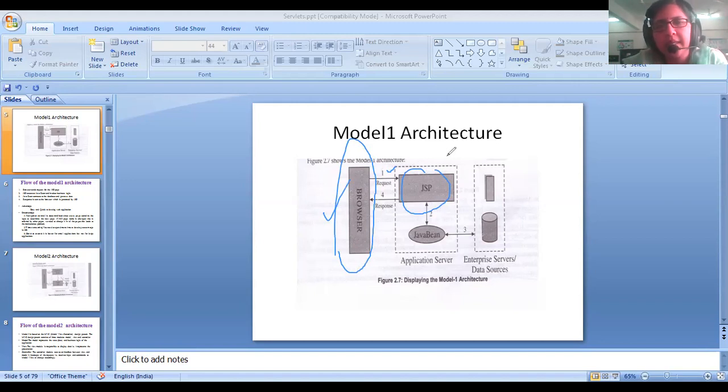Now, on that particular server, it will have the business logic of how to process the entire request which is coming from the client side. For that, you can see that we have a certain component which is called JSP. Let's not get into what is meant by JSP or what exactly it does, which we will learn further in this module. So just understand that there is a particular software which is running,